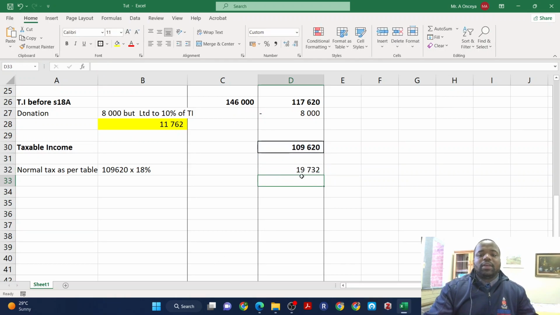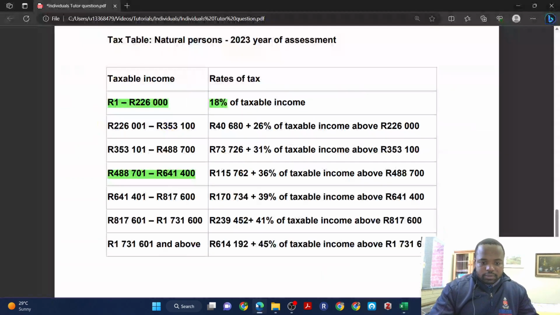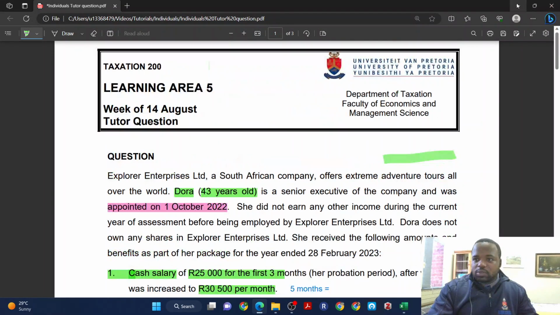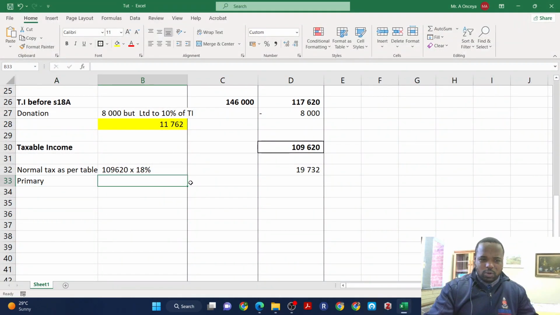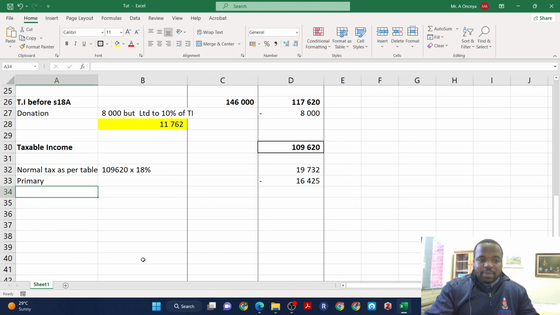Right, that's 19,732 rands. And then the next thing is you apply your rebates. In this case, our Dora is 40 something years old. She's 43, so she's not 65, therefore only entitled to a primary rebate of 16,425, right? Then she made contributions towards a medical aid, so she gets medical tax credit